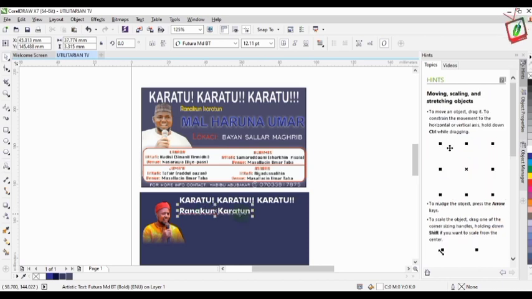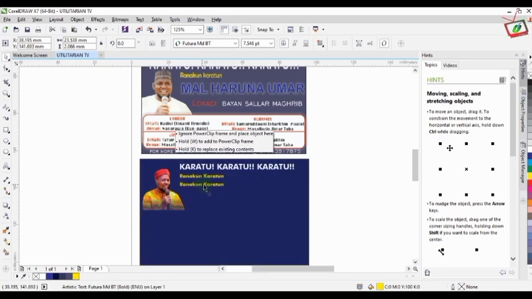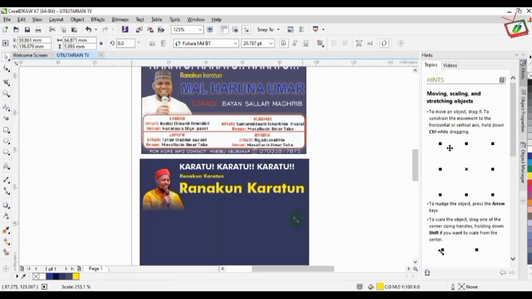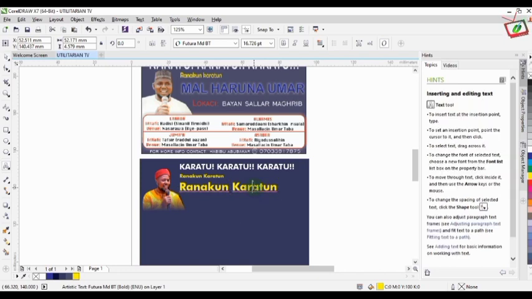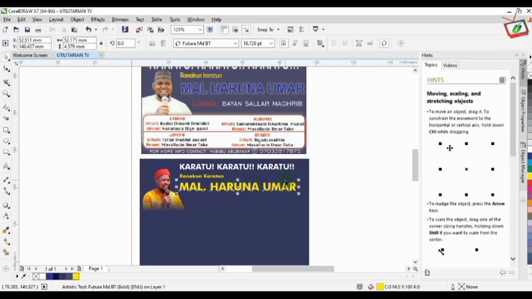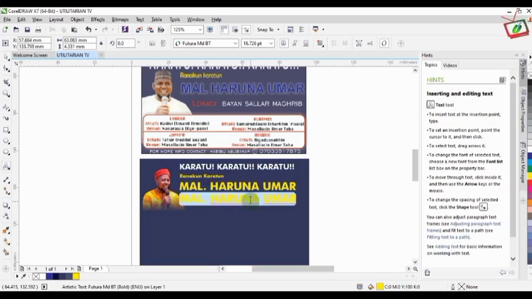So give it the color yellow. You can left click on this and drag, then right click to duplicate it. So use it to write the lecturer's name, which is Malam Haruna Umar. Then we position it. The color is yellow, since blue cannot match here. So still left click and drag, then right click to duplicate,